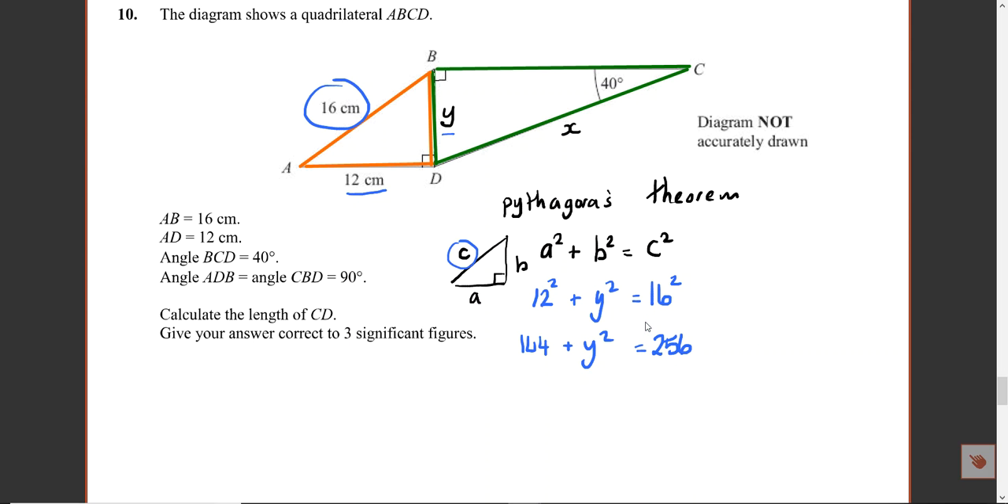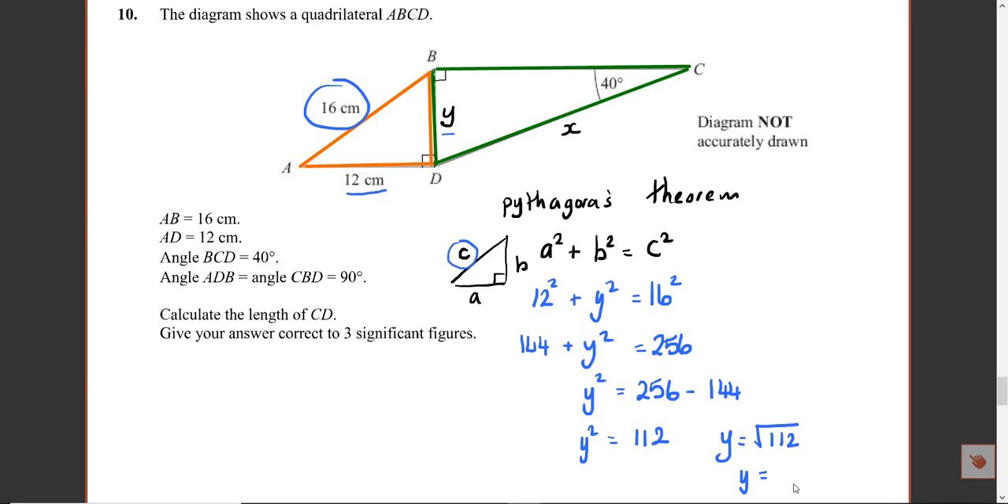What can I do at this point? Okay, so y squared equals 256 minus the 144. So what's that? Y squared equals 112. Okay. So then y is the square root of 112, which is,